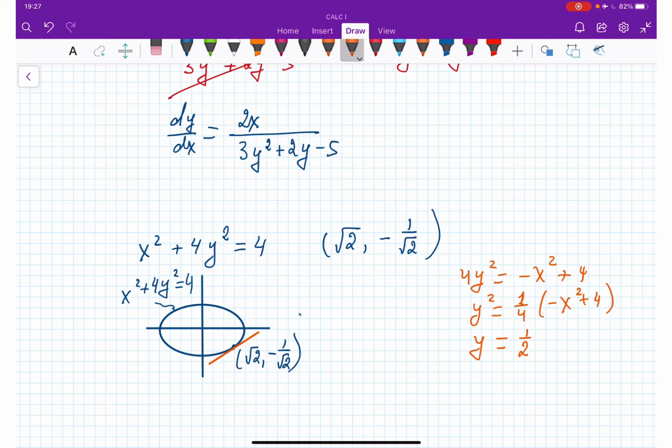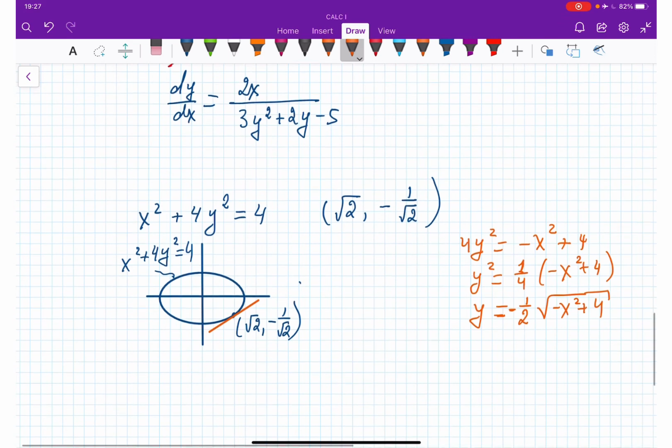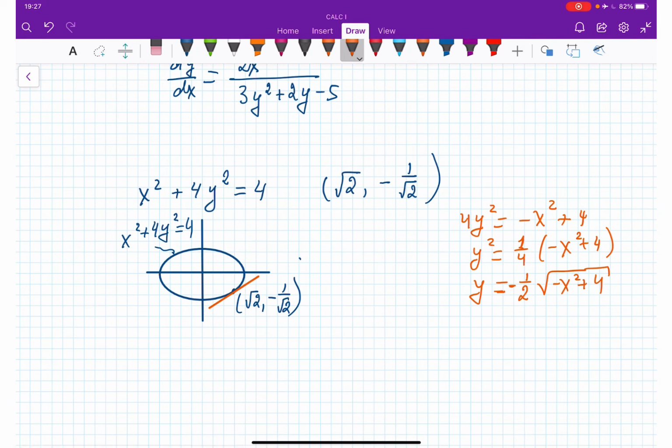Since our point is located here, I'm taking the negative part, because it can be plus or minus, right? I represent it in the format of an explicit function. Now take the derivative of this one, and let's see how far you can go with this. Now, instead I'm going to take